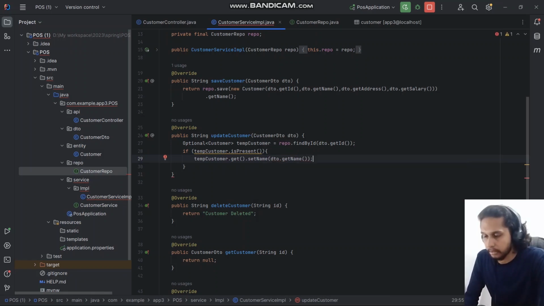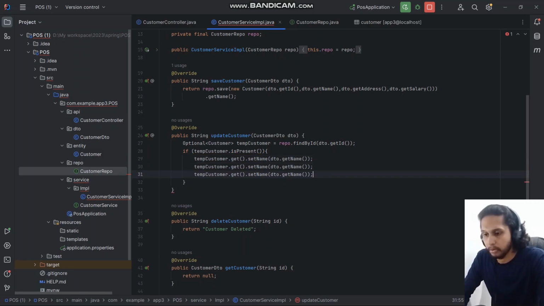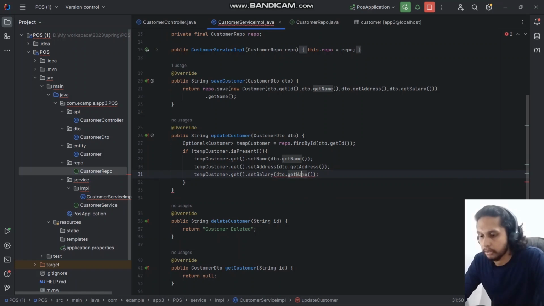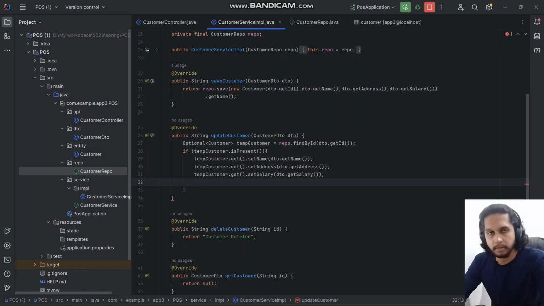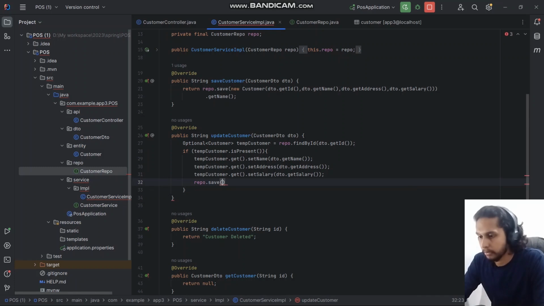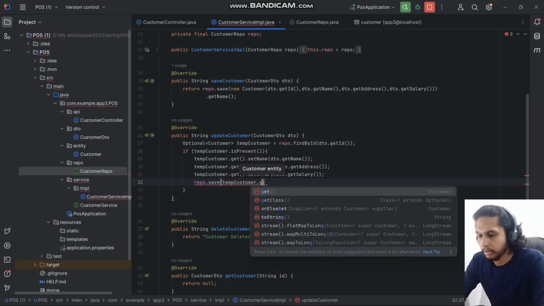Alright, I have to write two more to update its address and salary. Set address and dto.get address. Likewise for salary, set salary dto.get salary. Alright, after all those operations, I want to save this temporary customer to the database. To do that, I write repo dot save this temp customer dot get. Alright,